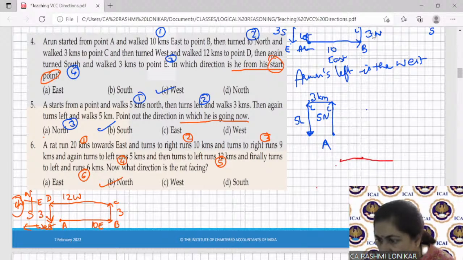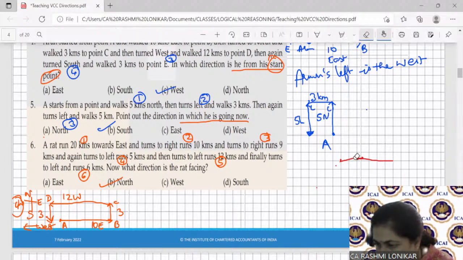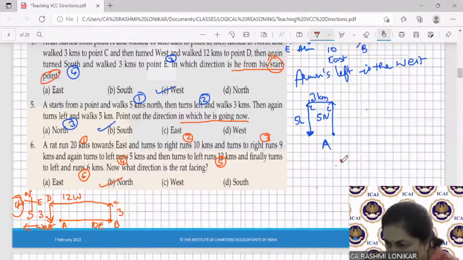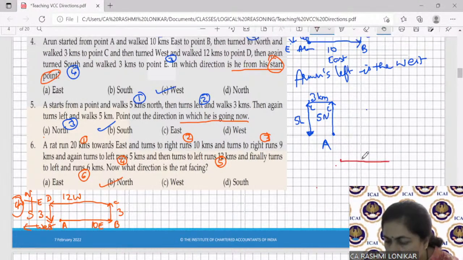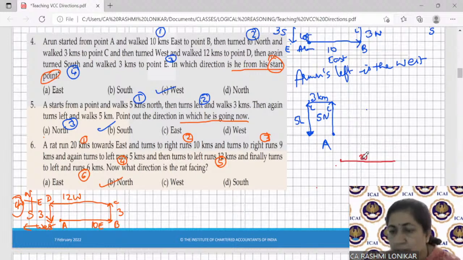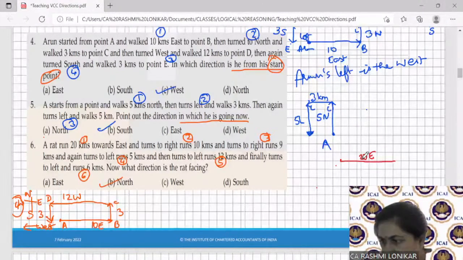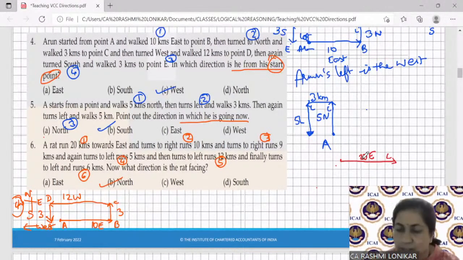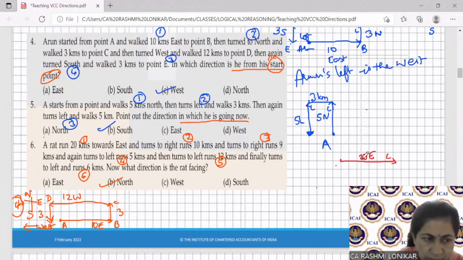This should be a straight line. So he is moving 20 kilometers to the east. Then, once he is over here, this is his left hand side. Then he turns left and walks 3 kilometers. Then he turns,